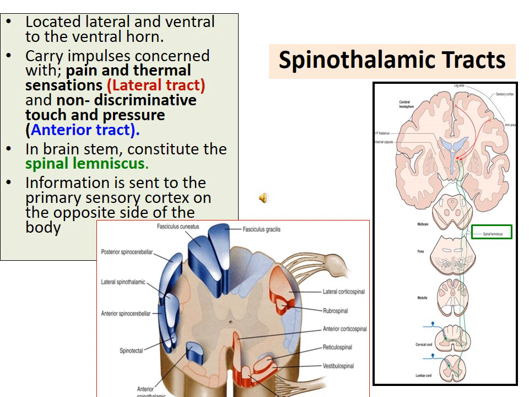These fibers are contralateral: they start on one side at the dorsal root ganglion, cross the anterior commissure and go to the opposite side. Both these tracts, anterior and lateral spinothalamic, travel in the spinal lemniscus in the brainstem. Another important point: if there is a lesion in the spinothalamic tract, then below the lesion there will be loss of sensation of crude touch, pressure, pain, temperature, tickle and itch on the opposite side of the body.